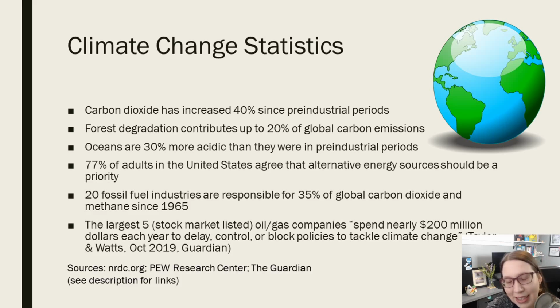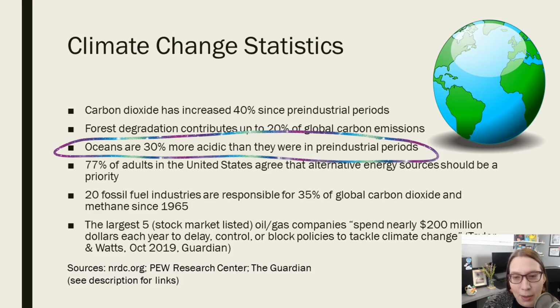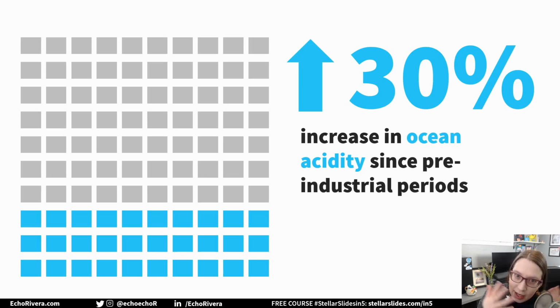Okay, we're back to this slide, which feels like torture now. Okay. All right, now we need to talk about how oceans are 30% more acidic than they were in pre-industrial periods. Bleak bullet point that is not going to be memorable in any way. Instead, let's do a waffle chart, which is the same idea as an icon array, but instead of icons, you use squares. Same pattern here. And now when I say oceans are